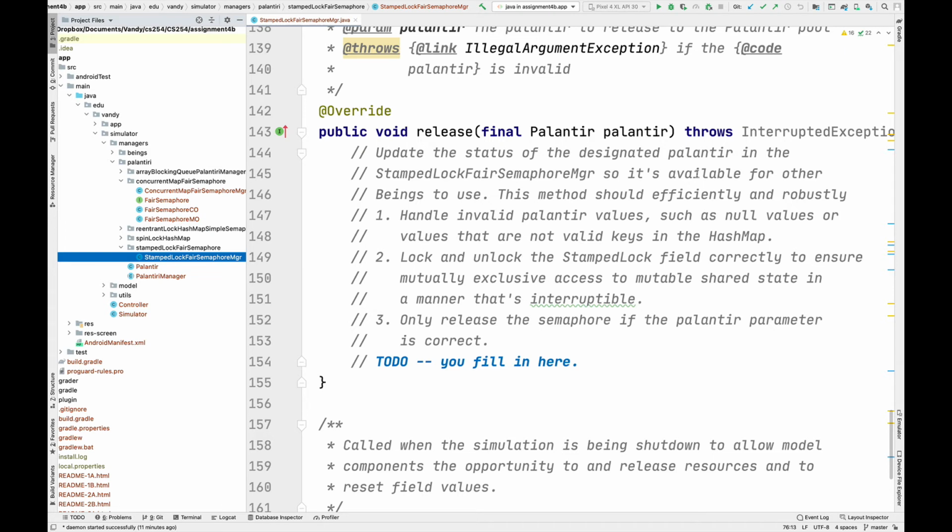This method, of course, should be efficient and it should be robust. For example, it should handle invalid Palantir values, such as null values, or values that are not valid keys in the hash map. Hopefully the tests will catch these problems, but make sure that you go back and look carefully at some of your earlier implementations, for example, your assignment 3B implementation, to see how you should do this. And if you are confused, come to office hours and/or please take a look at the frequently made mistakes video